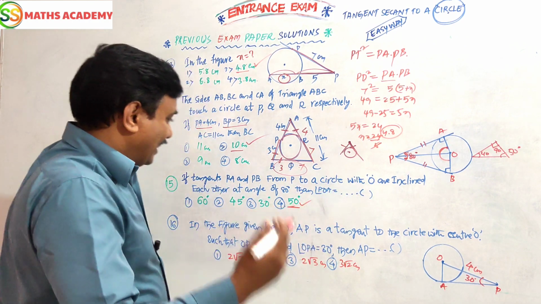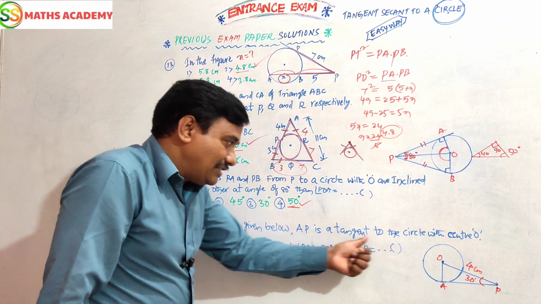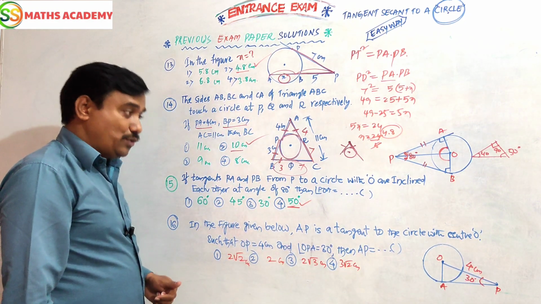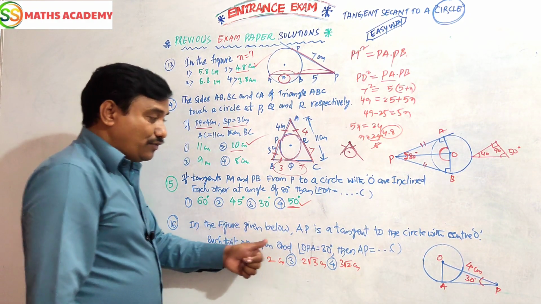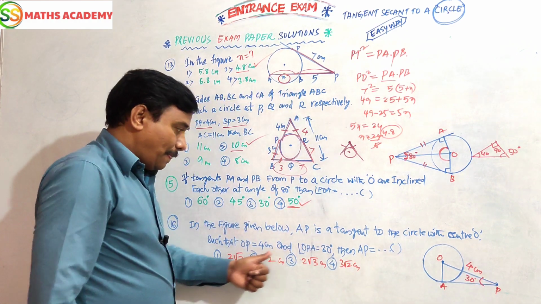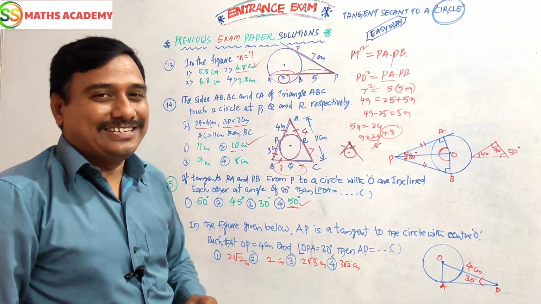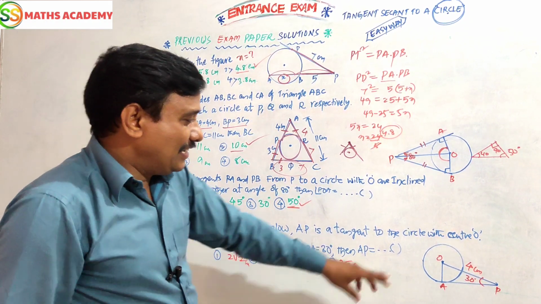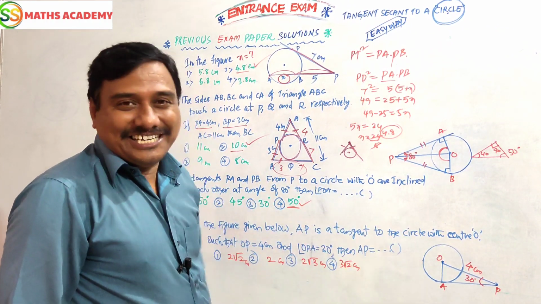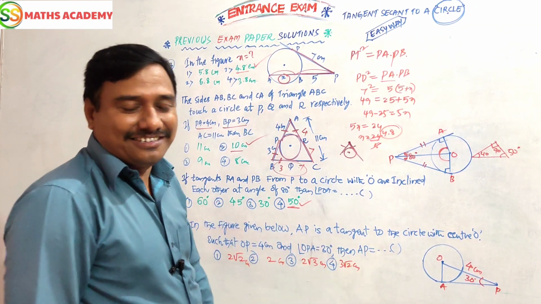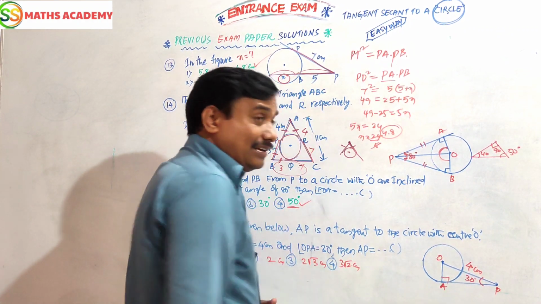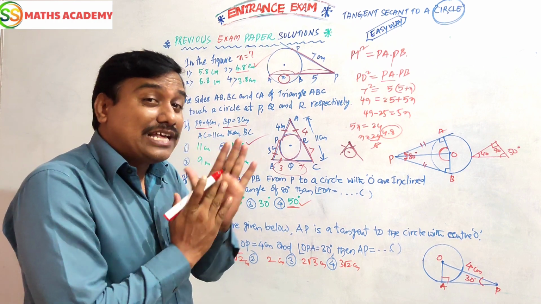That's it. Next. In the given figure, AB is a tangent to a circle with center O such that OB equals 4 cm, angle OBA equals 30 degree, then find AB. What a question, a beautiful question. Here there is no clue. This is a right angle triangle, with a right angle at the point of contact. But what is the way we have to solve the answer?